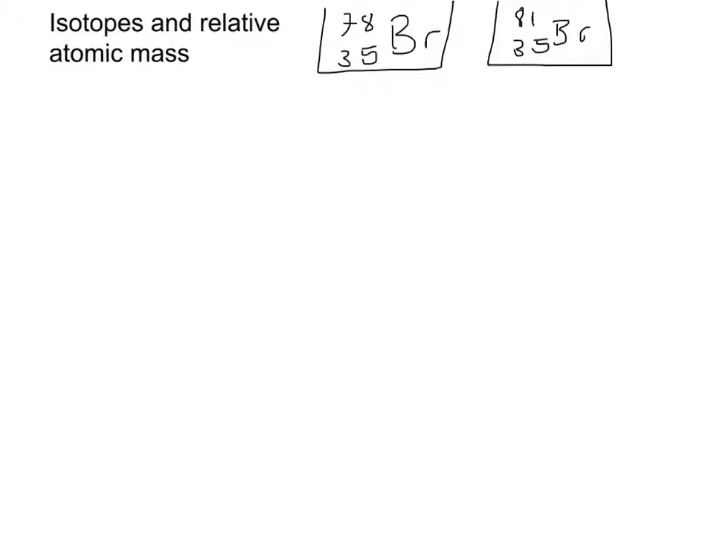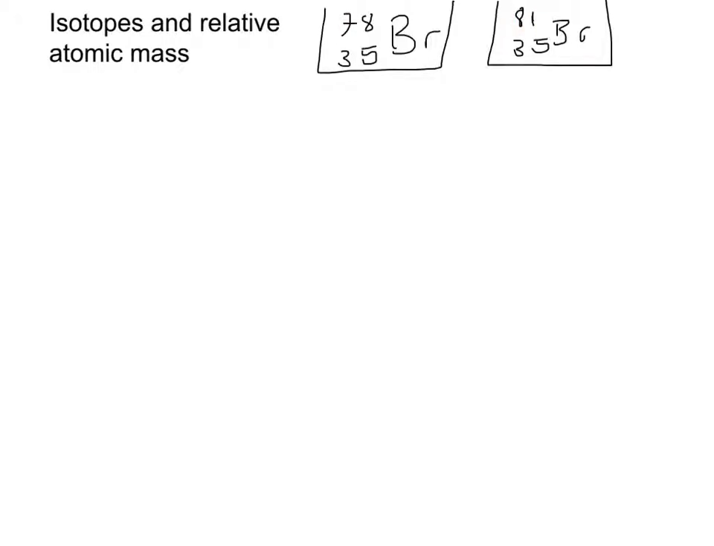Isotopes are different atoms of an element with the same number of protons and electrons, but a different number of neutrons within the nucleus. The example we're going to look at here is bromine. There are two isotopes of bromine. The first one is an isotope with an atomic mass of 78, and the second one is an atomic mass